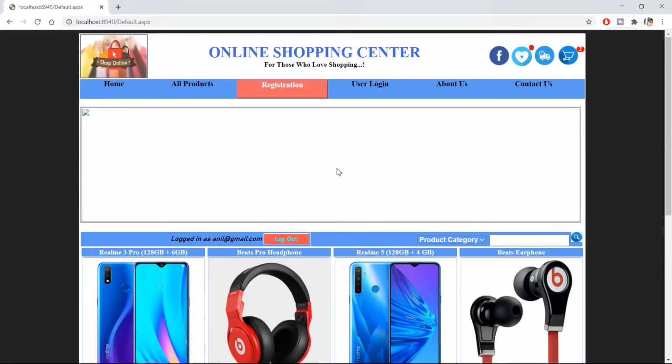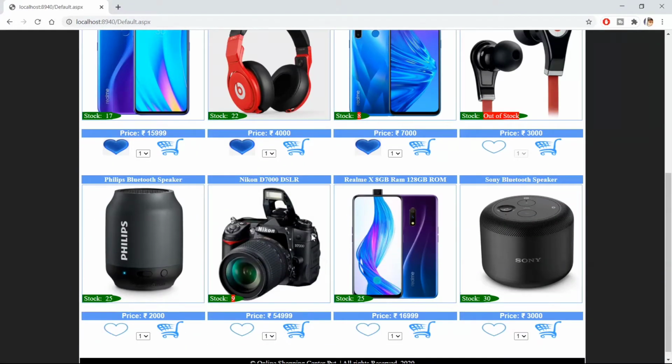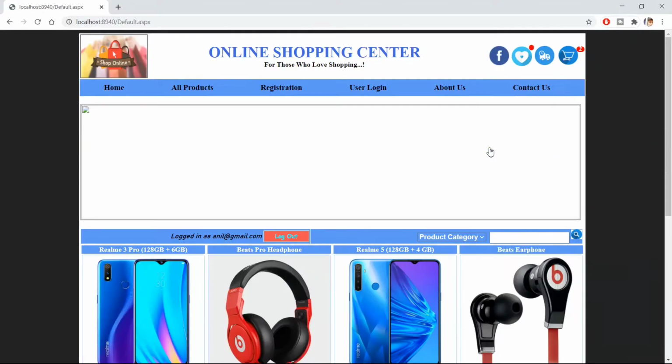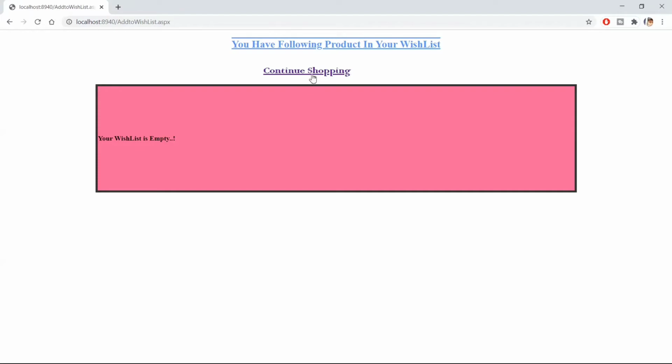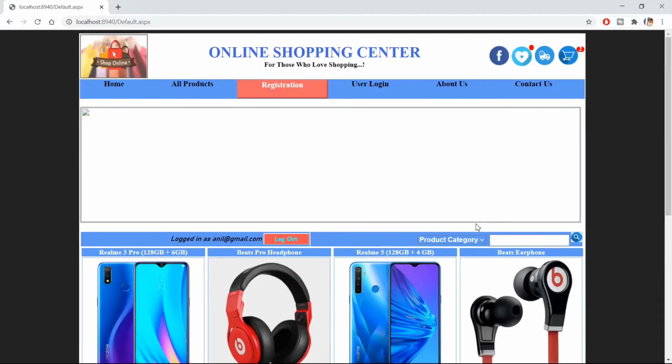So how to do that? If you add another product to the wishlist, then you can find that recently added product in our wishlist cart. If we remove it, then it will show us the wishlist is empty.